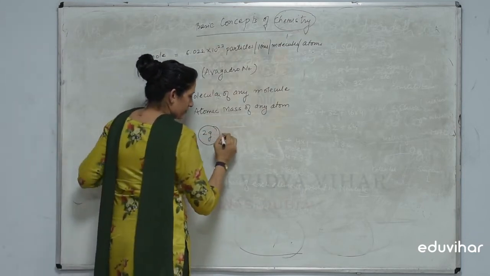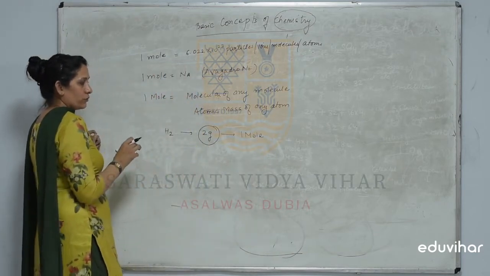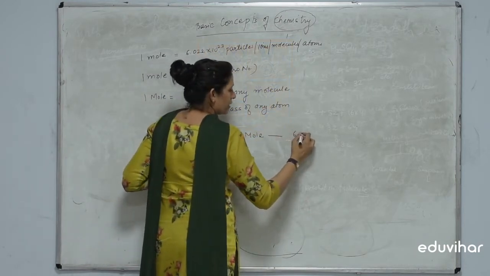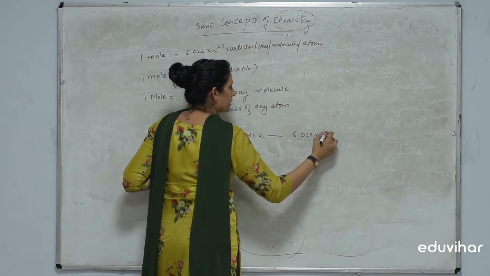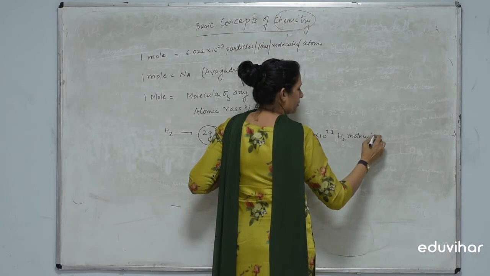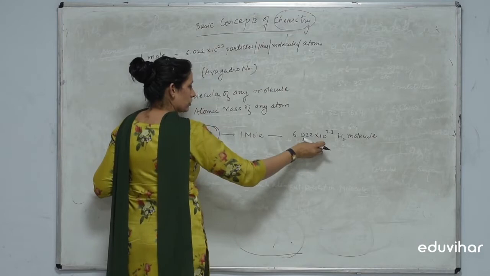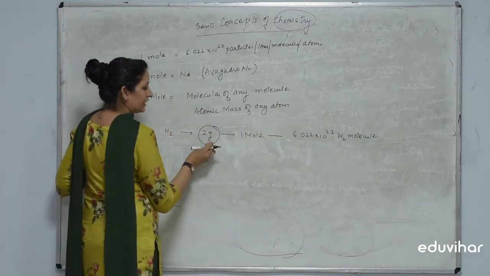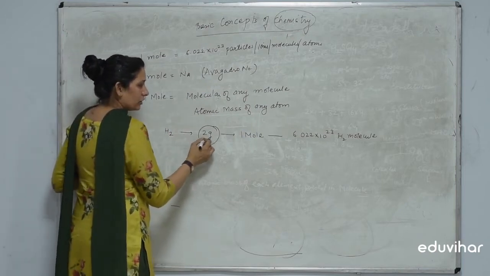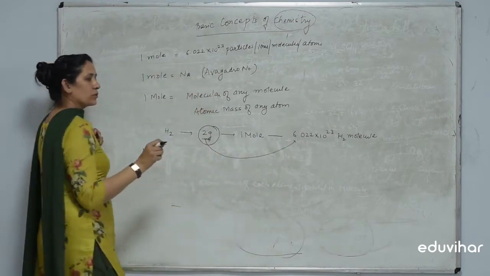It means this is the mass of 1 mole, and this mass, that is 2 gram, contains 6.022 into 10 to the power 23 hydrogen molecules. Are you getting this? That 1 mole contains this number of molecules of hydrogen, and this 1 mole has 2 gram mass of hydrogen molecule. It means we can say the molecular mass of any molecule contains 6.022 into 10 to the power